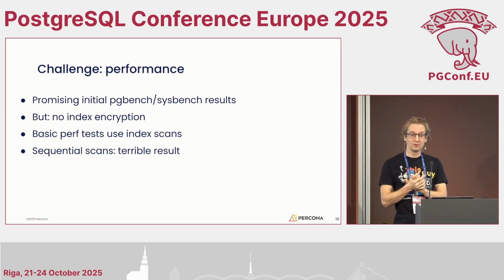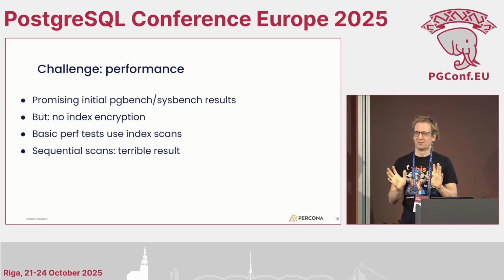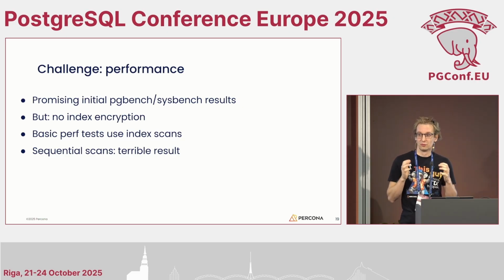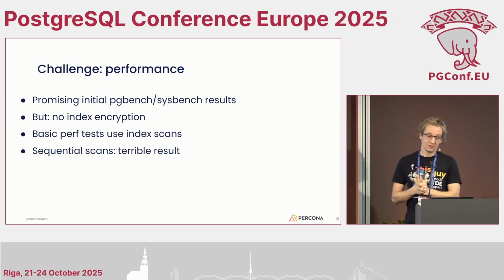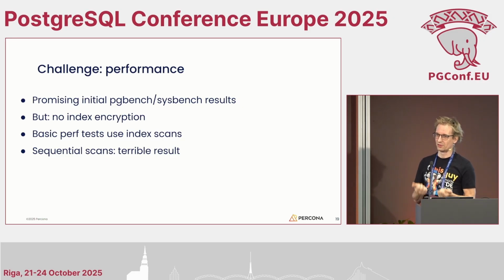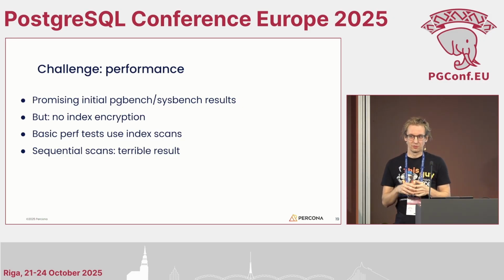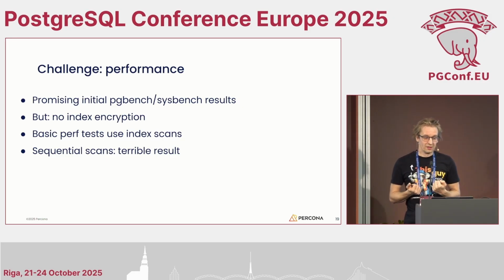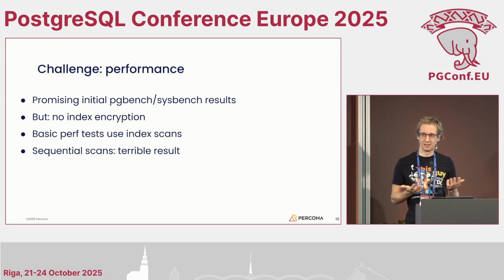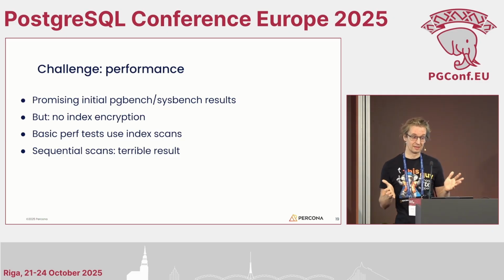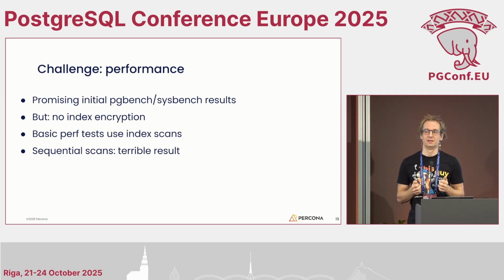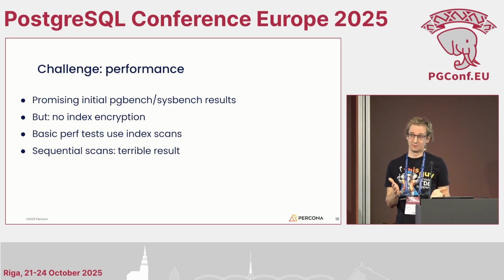And after that, we had another question, of course, which is, how good is our solution performance-wise? I already talked about the memory spike problem, which we tried to solve, but what about just the execution time of the queries? At first, we used simple performance tests, like pgbench and sysbench and other simple test scripts that everyone uses. And these seemed all really nice. We only had a few percent of performance drop. It was actually better than we expected.